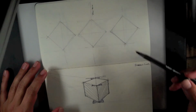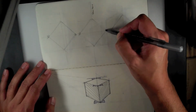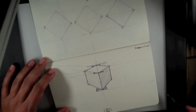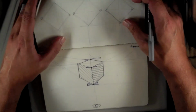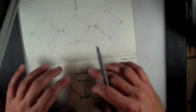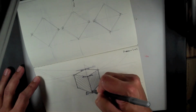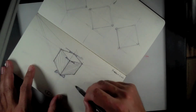Now, the relationship of these three cubes to one another, look at all these points right here. They're in line. And so I can draw a line across this to help me place these other cubes. And in fact, what I'm going to do, as opposed to starting this cube out here, we're not going to line these up the way that we did in one-point perspective. We line these front surfaces up because we are taking into consideration that foreshortening that happens from right to left. Everything that's getting further away from me is getting smaller. So this front edge is the closest thing and the largest thing that we're going to see. But I am going to line them up a little bit